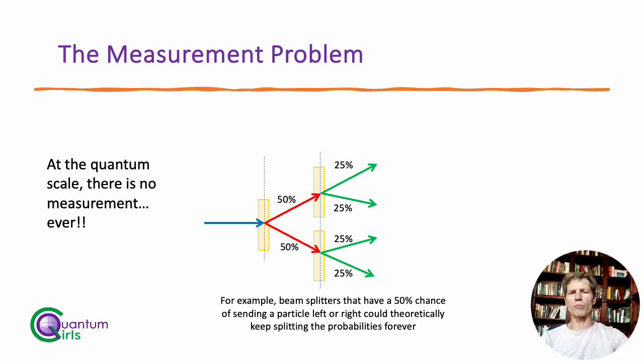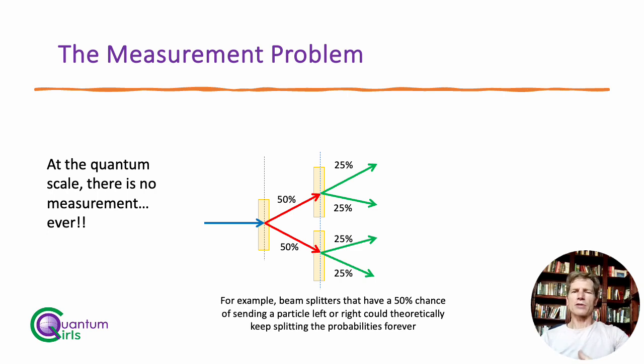So in this example, we have beam splitters. A photon hits one, it gets split, one heads up, one heads down, hits the next two beam splitters, they head up, they head down. So we end up with a 25% chance of each of those branches having the particle in it when we measure it. But what is a measurement? If we put some other particle in the way to detect whether or not there's a photon there, then it just continues to evolve according to the laws of quantum mechanics. And then there's just a 25% chance that the photon is now entangled with some other particle and that the other particle will be there.